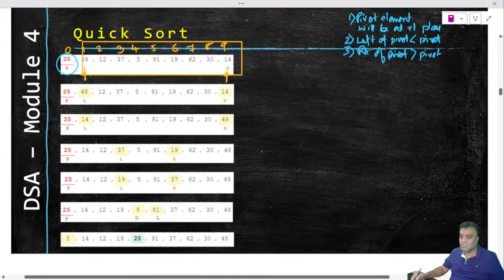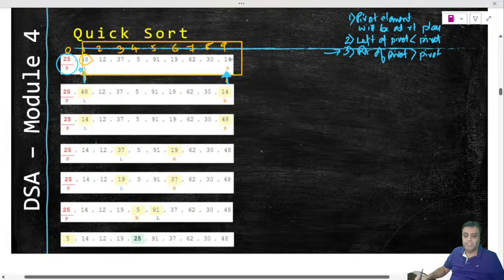Now what I am going to check is, wherever the left pointer is pointing, is that element less than my pivot? If it is less than my pivot, I can move forward, right? But 48 is not less than the pivot, so I will stop L. I will not have my pointer move. This pointer that I have mentioned here will not move because 48 is not less than 28. Likewise, if I see the right pointer, the right part should be greater than the pivot. I have written it here: the right part should be greater than the pivot.